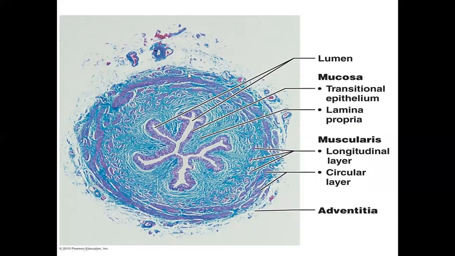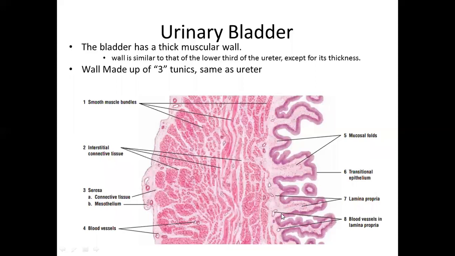Similarly, in this slide, the stain used is not an H&E stain. The luminal side is lined by transitional epithelium. Below the epithelium, this pinkish fibrous area is lamina propria, and then outside the lamina propria there are the muscle layers, indicated by the purplish area in this particular example. Outside this, the fibrous component with blood vessels is again the adventitia.